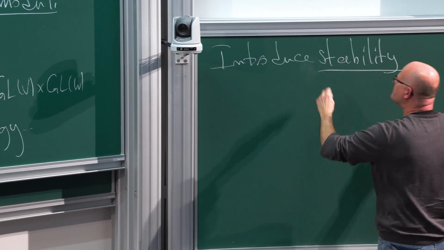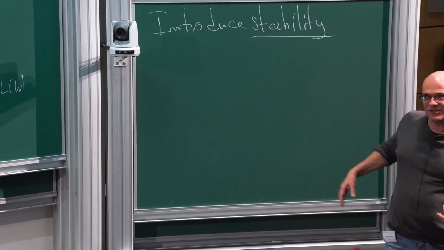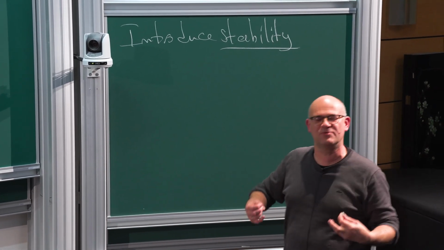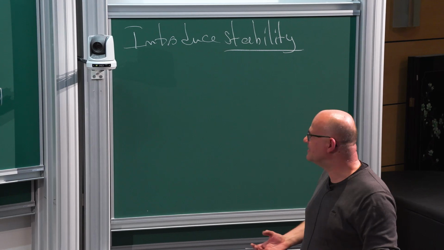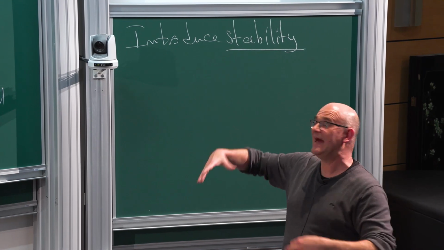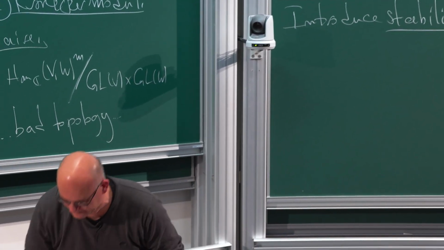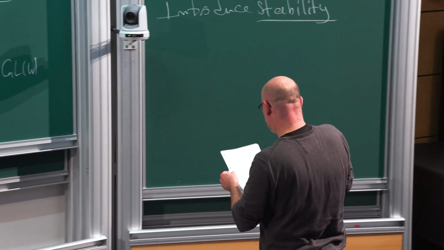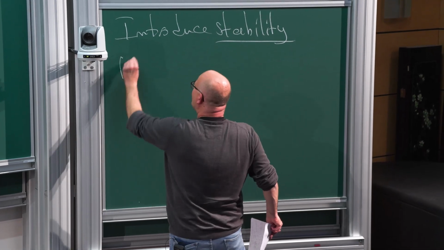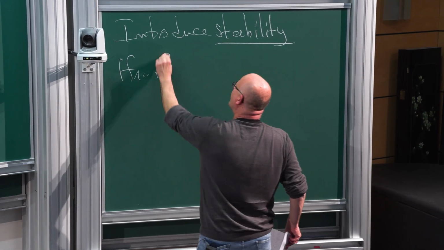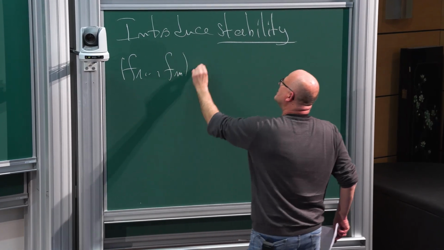The stability is some kind of genericity condition, or condition of being in general position, which somehow automatically ensures that the orbits are big and that we can form this quotient as a nice topological space. All right, so I call such a tuple F1 to Fm stable